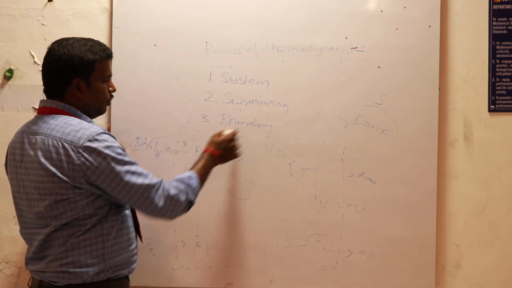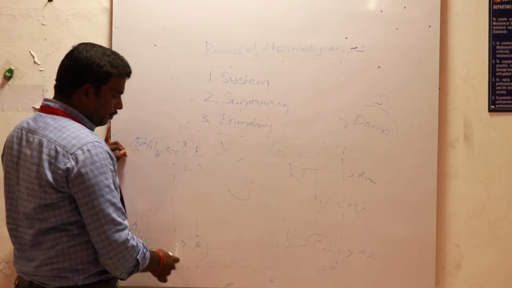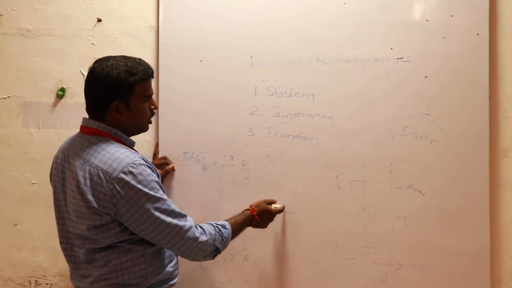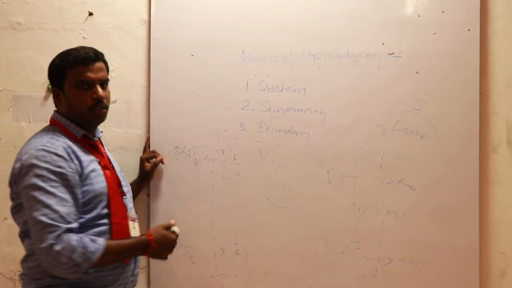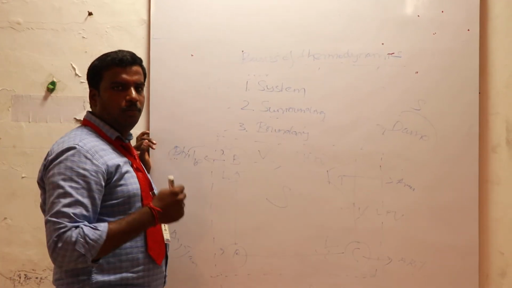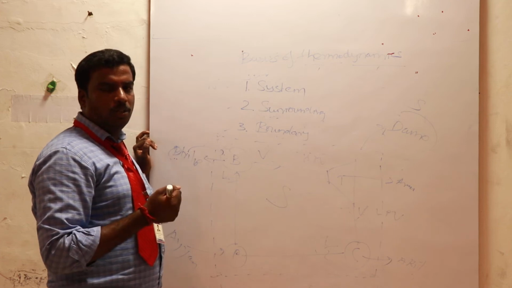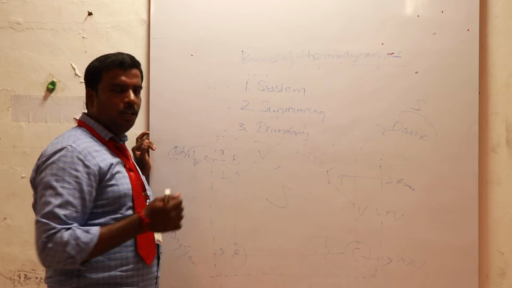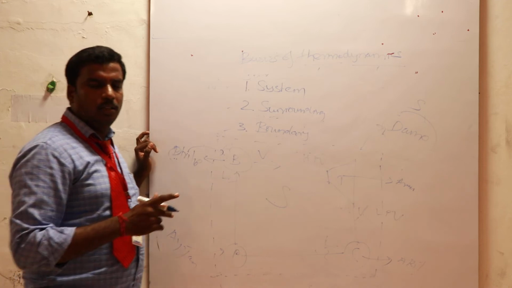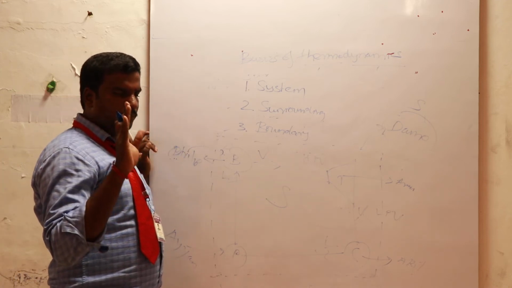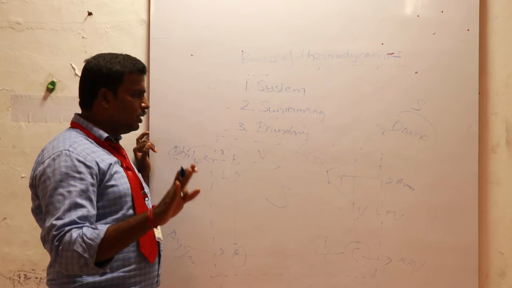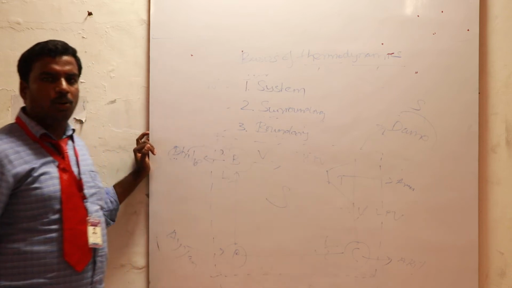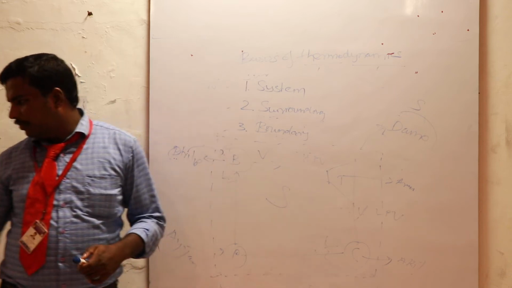So what is a boundary? The boundary is what separates the system and the surroundings. This boundary can be a fixed boundary or a moving boundary. In the case of a closed system, we call it a fixed boundary system, and it can also be a moving boundary system. So for example,